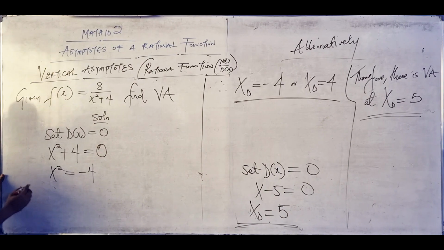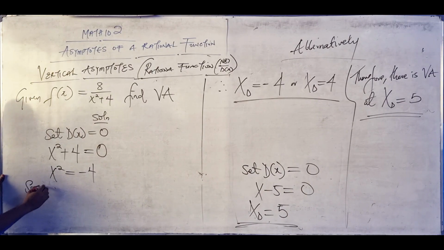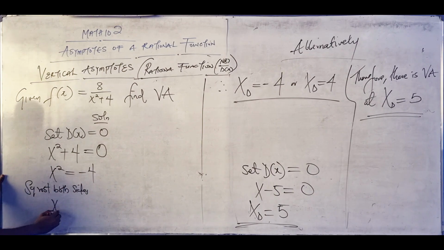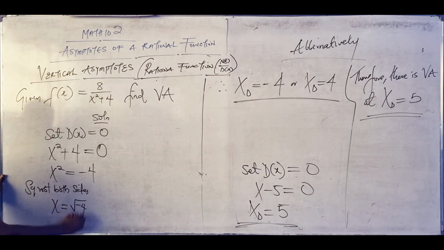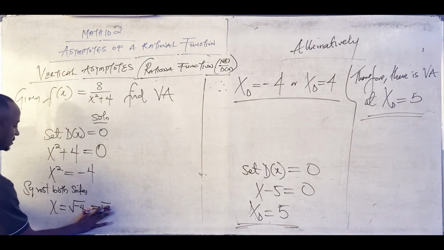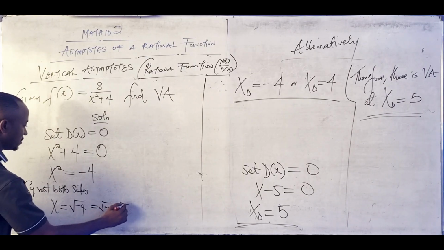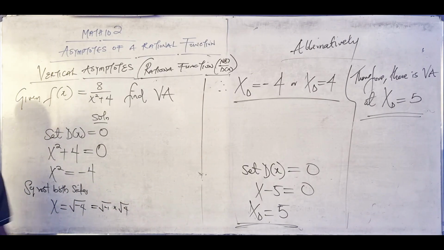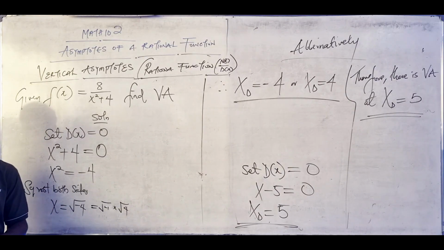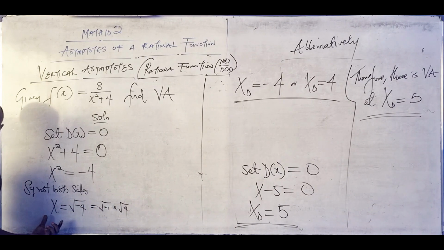We square root both sides. That will give us x equals to root of minus 4. And what's with minus 4? This is same as root of minus 1 times root 4. We have learned this now in complex numbers, right? That it is practically impossible to find the root of a negative number. The value of this x must give us